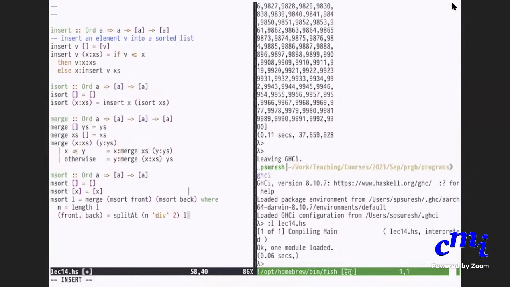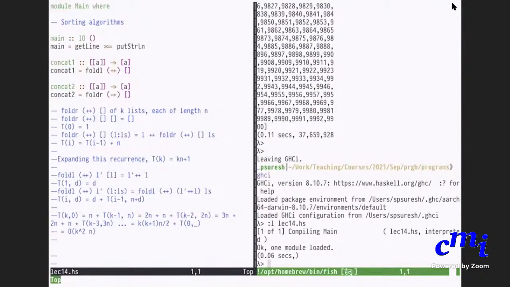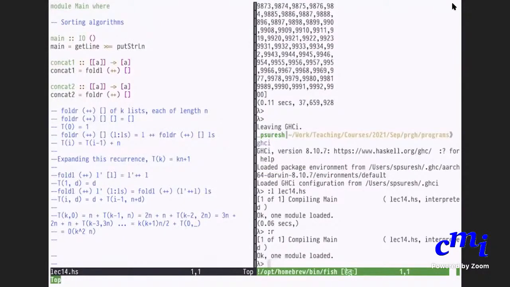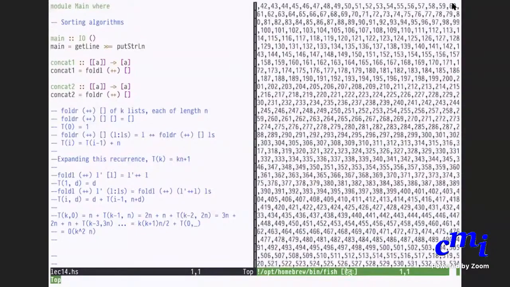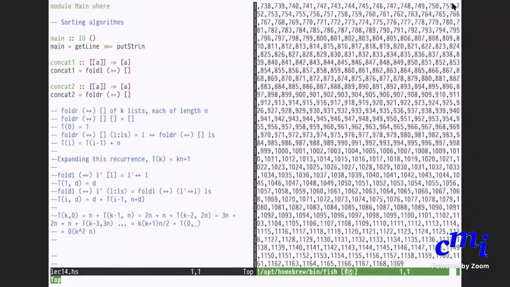Let us now compile this. Hopefully it compiles. Good. It's loaded. Let me recall I sort of 10000, 9999 and so on.